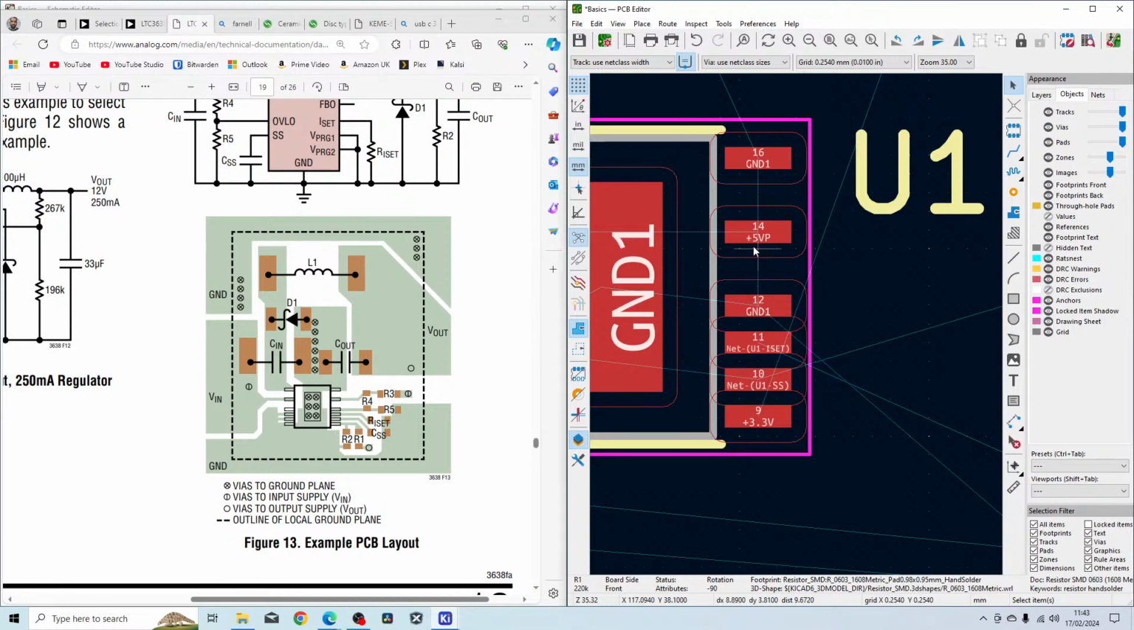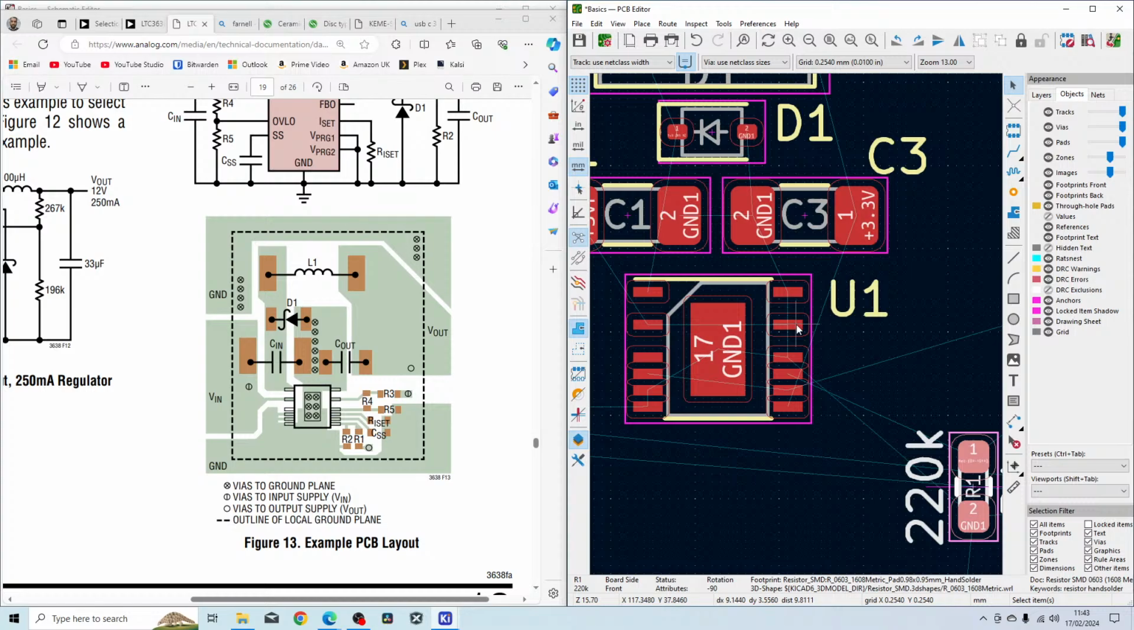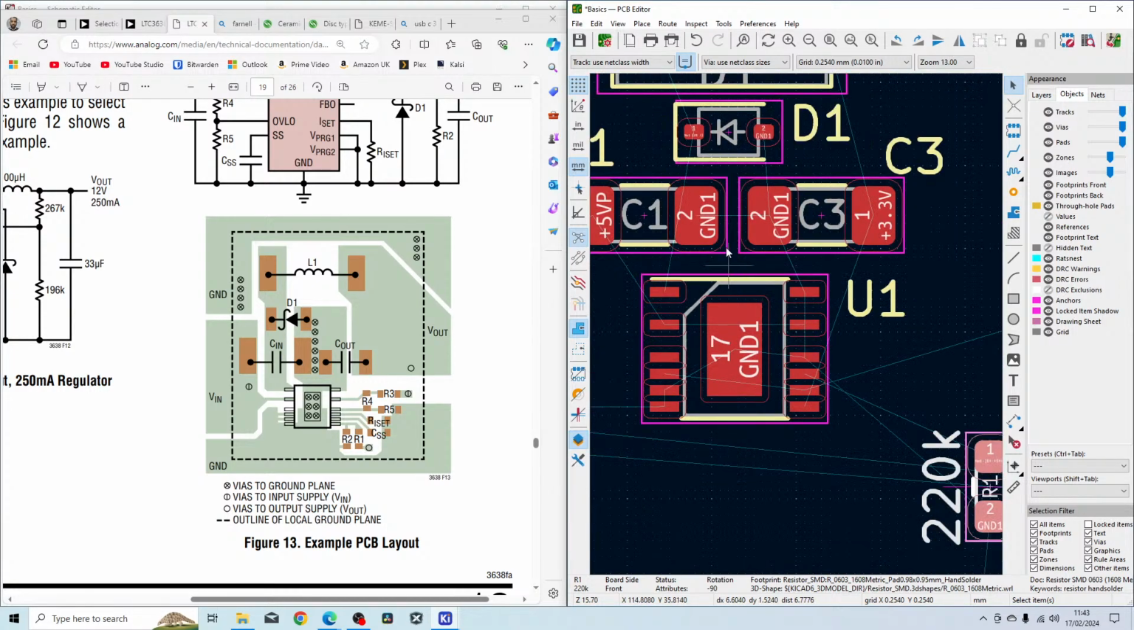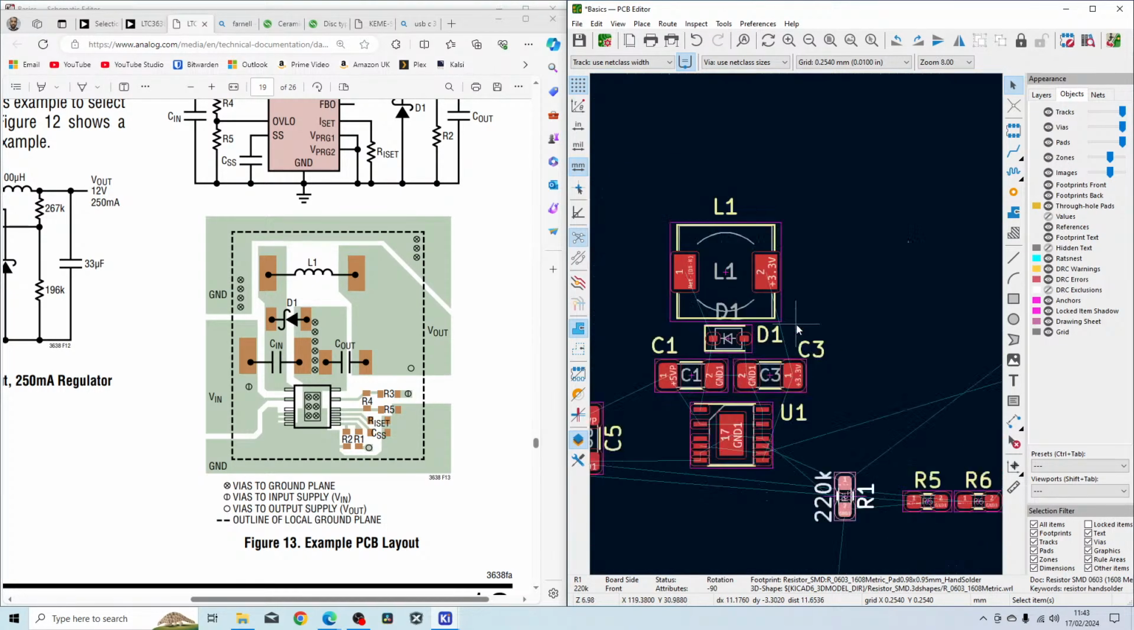So I've got the 5V connection on this side. I've got the ground connection on here. Then my V out connection is on this side. And I believe that